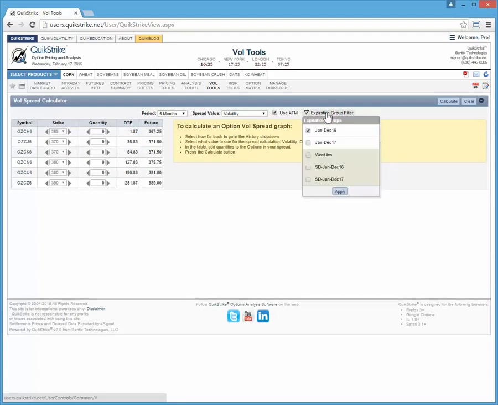And then finally, expiration group filter. This is what's going to show in this list to the left. So generally in corn, this is where most of the activity is. Some in the weeklies, short dated, there are some, but I like to keep this list as short as possible when I'm working with the tools only, so I don't have to scroll back and forth and I can work within the framework of a single page. Okay, so we're going to leave it at that first expiration group, which is showing everything that trades